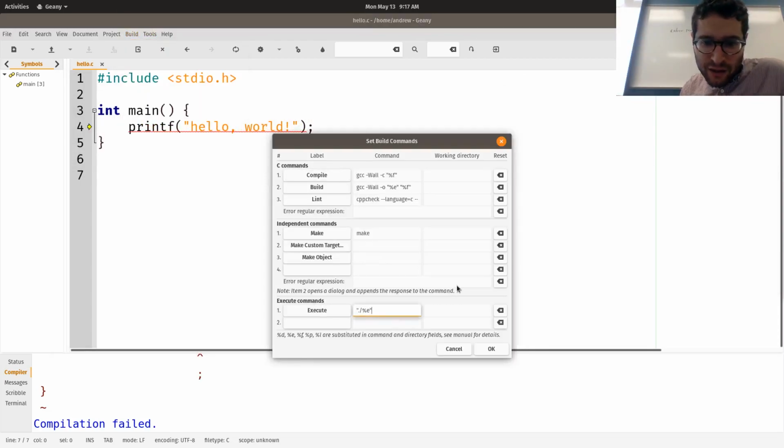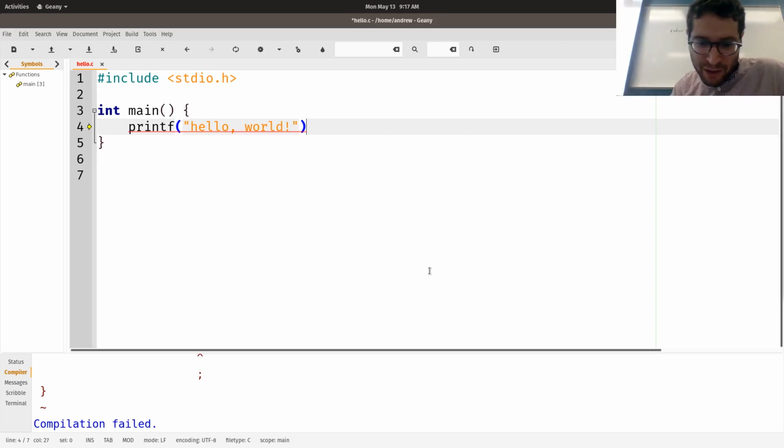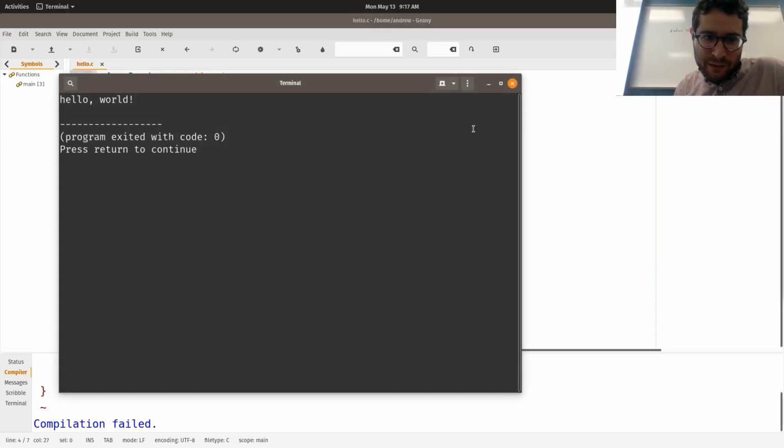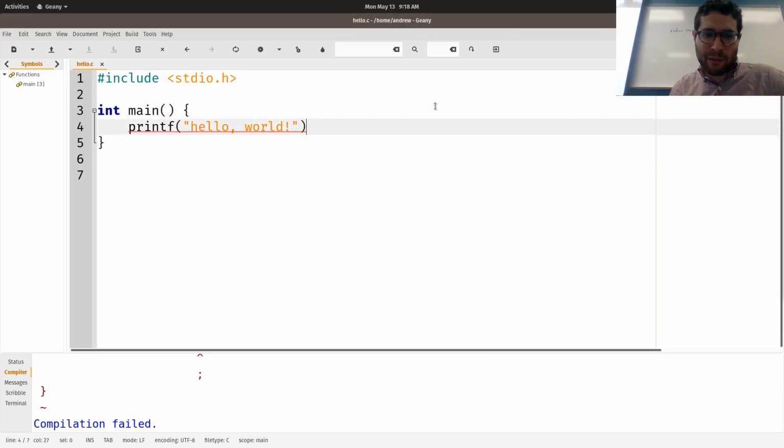I'll just say that I want to do /a.out. Sorry, it's been a while since I did C programming, so I now know what's going on here. Awesome, great. I can do this now with a couple button presses.